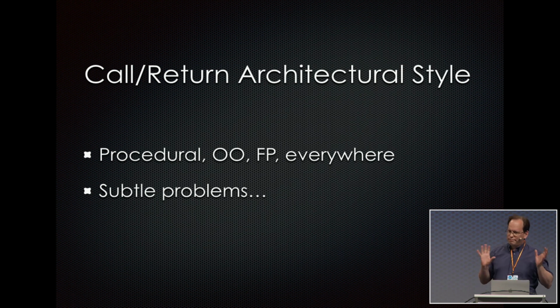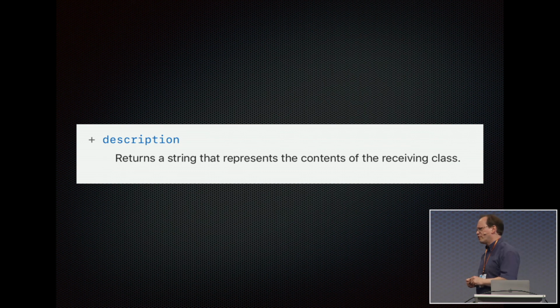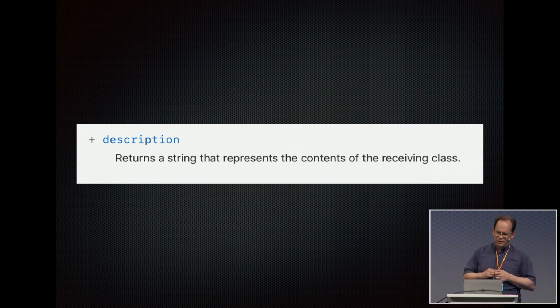And what could possibly be wrong with it? Well, there's subtle problems, and to see those subtle problems, let's look at something very simple. The description method. Right? Every object has it in Cocoa, and it just returns a string that represents the contents of the receiving class. Sounds simple. What could be simpler? Well,